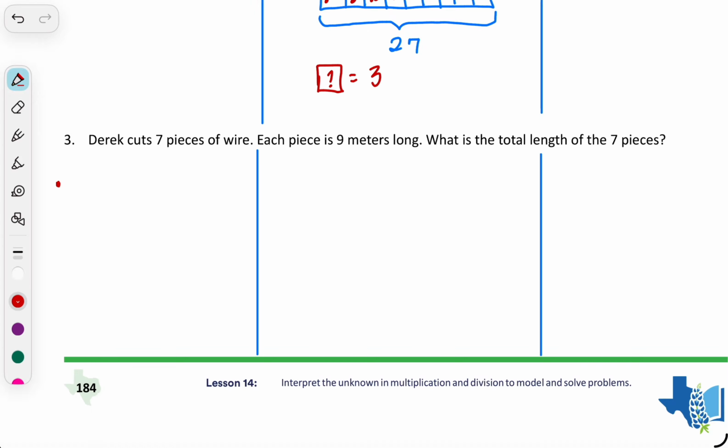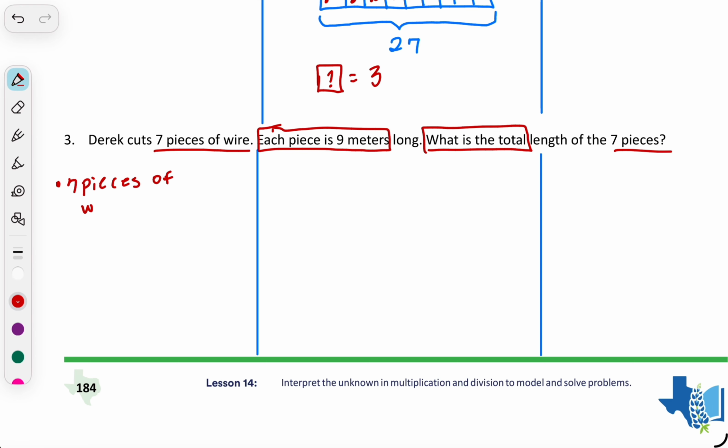So we know that Derek cut 7 pieces of wire. Right here it says each is 9. So we have the size, okay? What is the total? That's what we're looking for, the total of 7 pieces. Okay, so again, we have 7 pieces of wire, and then we have each is 9 meters. And we're looking for total